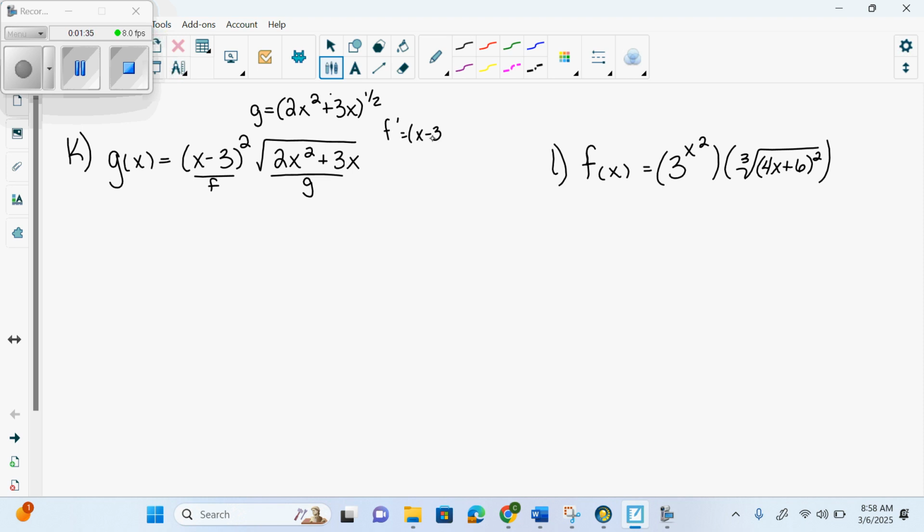equals x minus 3 squared times 2x minus 3. And then I put it to the 1, so I remind myself that it's chain rule, and I could take an x minus 3 out, correct? And then it would be times 1, so I don't have to write that. And then G prime would be 1/2 (2x squared plus 3x) to the negative 1/2 times 4x plus 3. So that just stays. You can't divide the half into it. All right. So then,